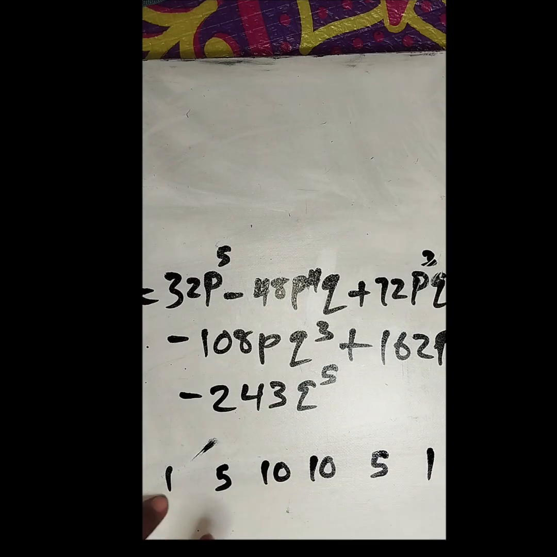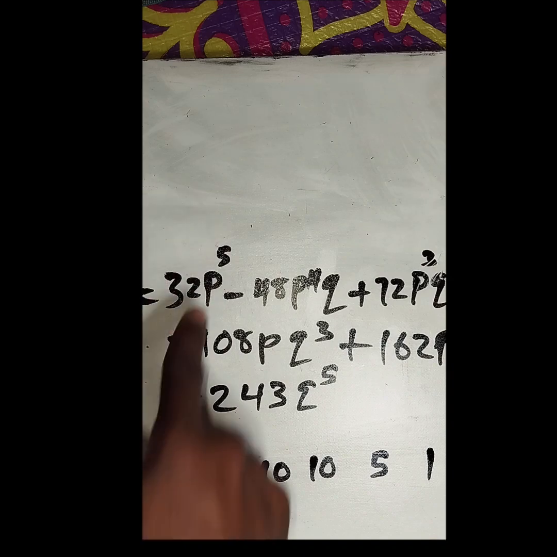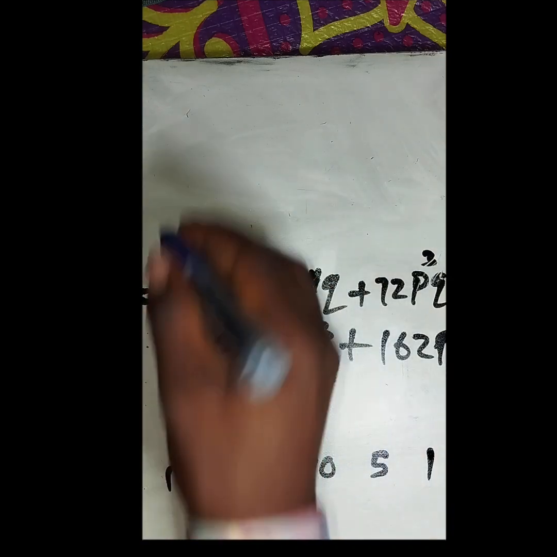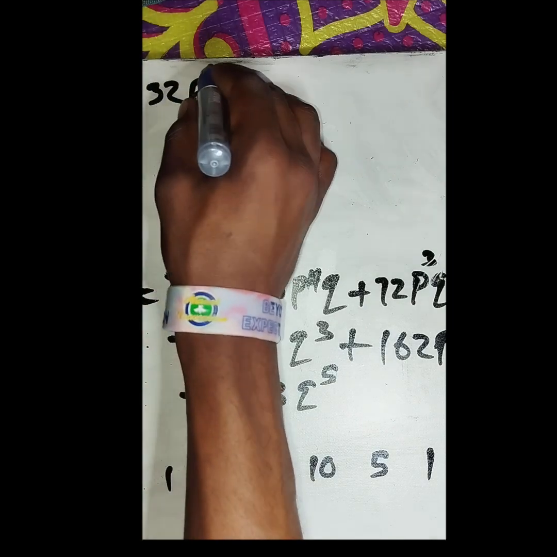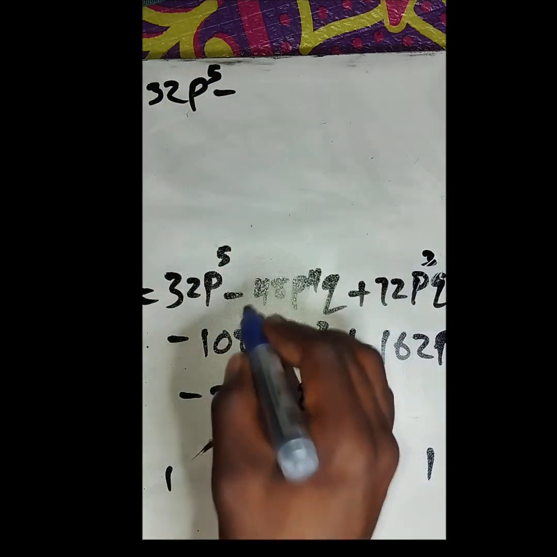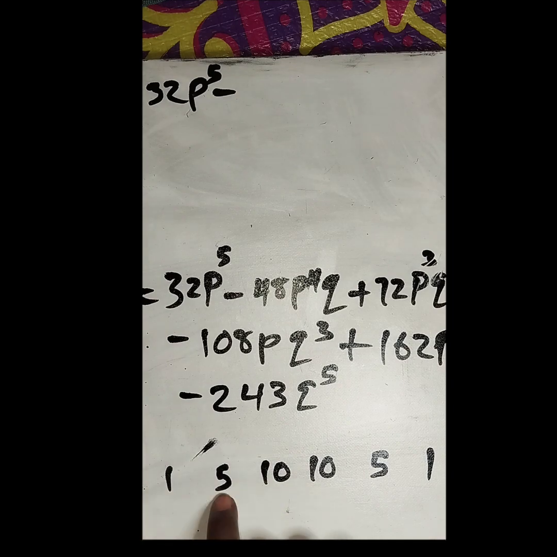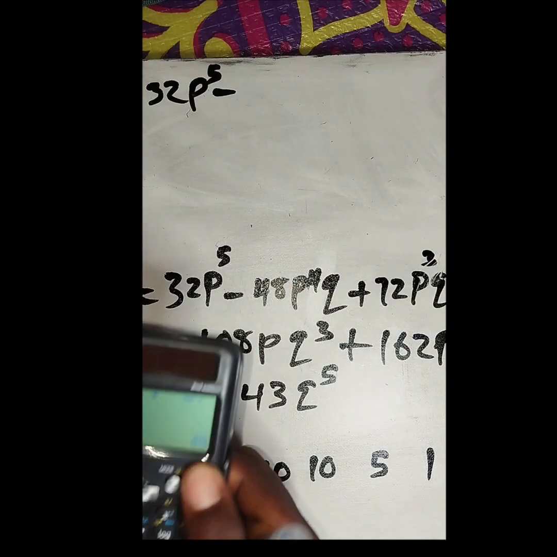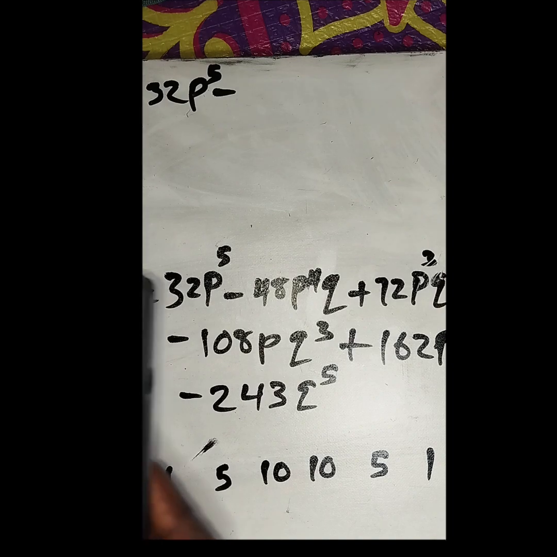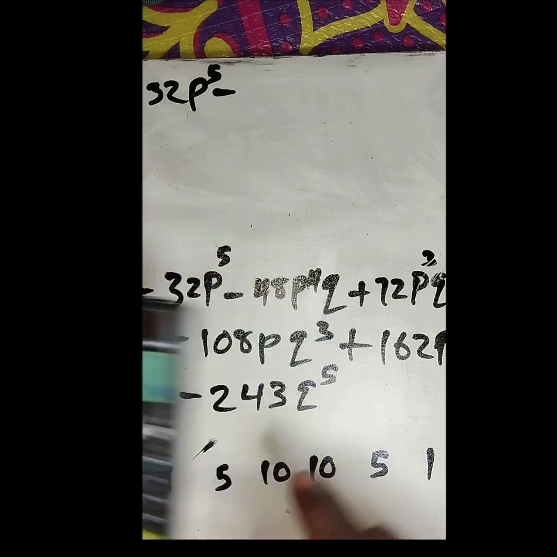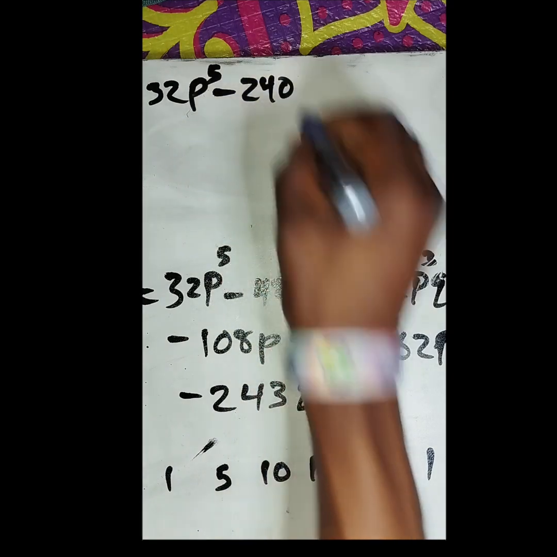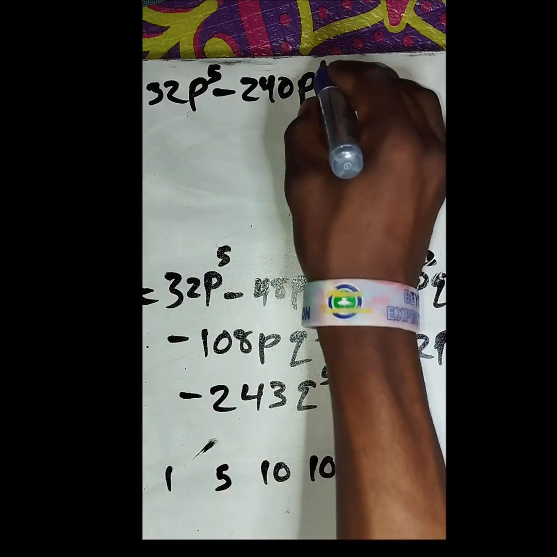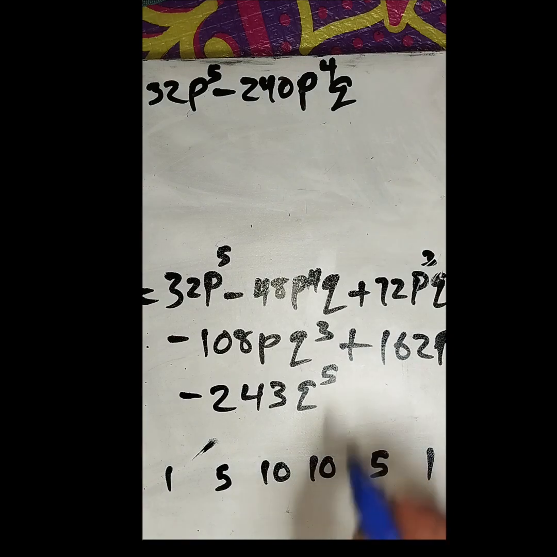So use your 1 to multiply the first term. 1 times 32 is 32. That's 32 p raised to the power 5. We are done with that. Minus 5, use it to multiply the second. 5 times 48 is, can you see, 240. 5 times this 48, that's 240p raised to the power of 4 q. Come again, plus